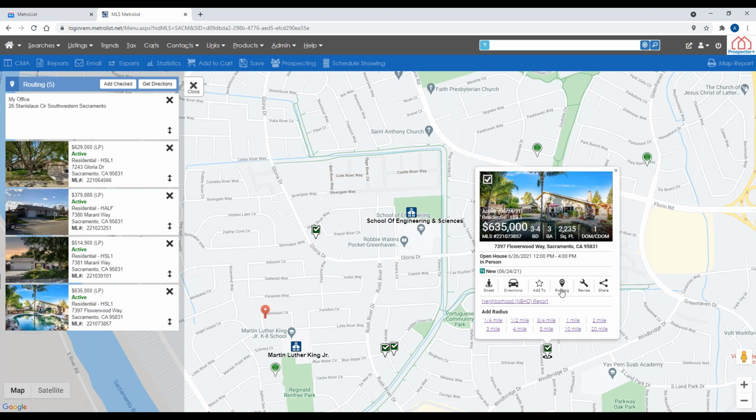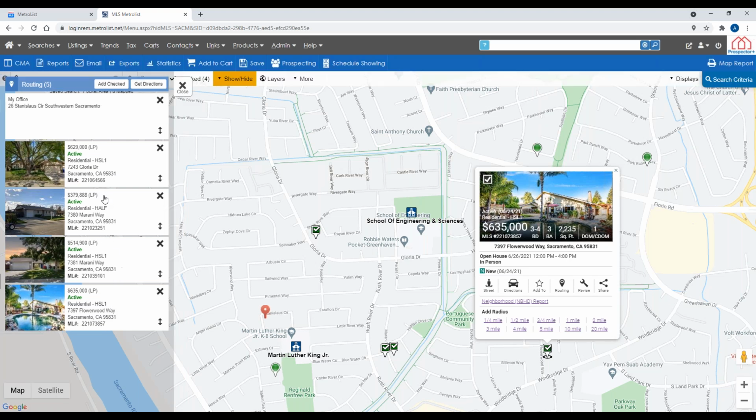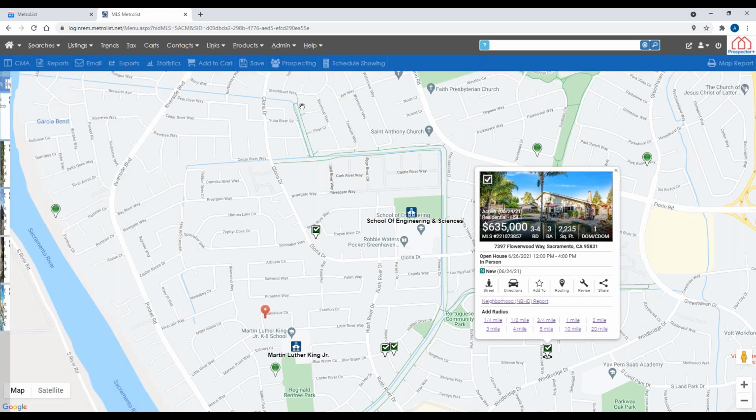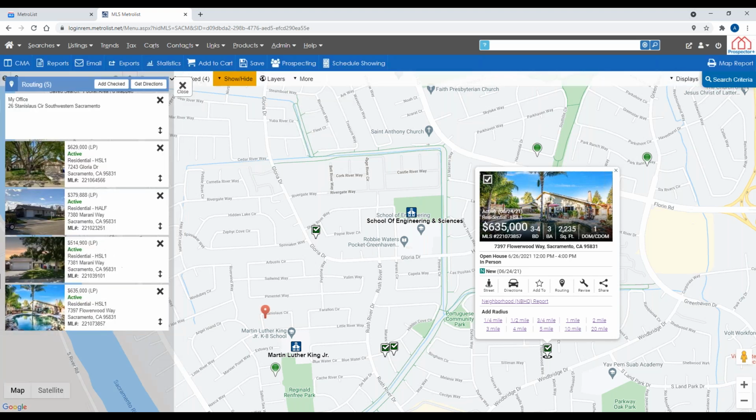I could have also individually clicked that routing button one at a time to bring them in. Now this is just the order of how I selected them. That's not the most fuel efficient or time efficient, stoplight efficient way or anything like that. It's just the order that I selected them because I can click, oops, lost it, there we go. I can click and drag, and I could,